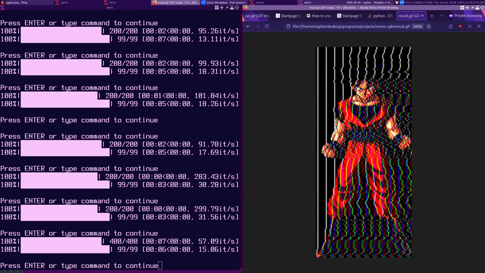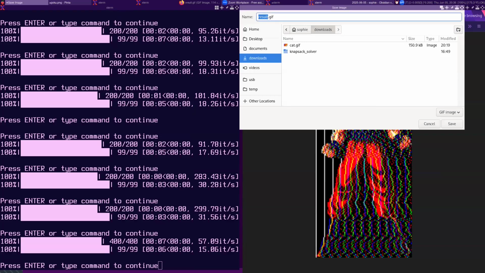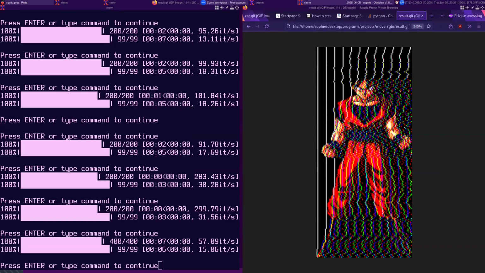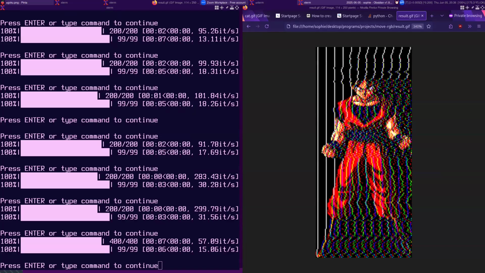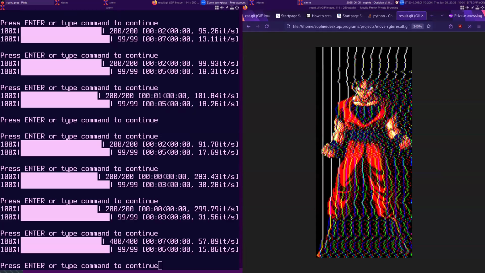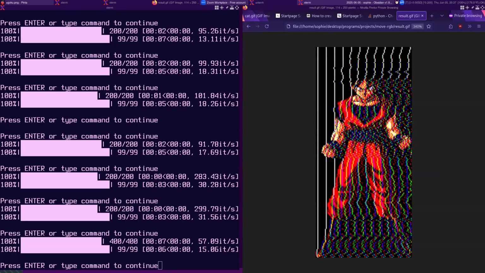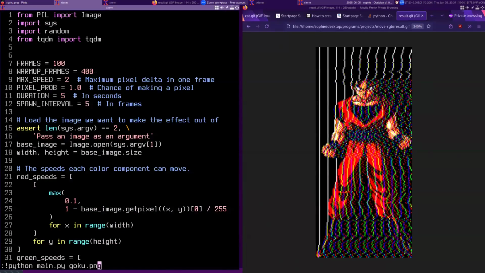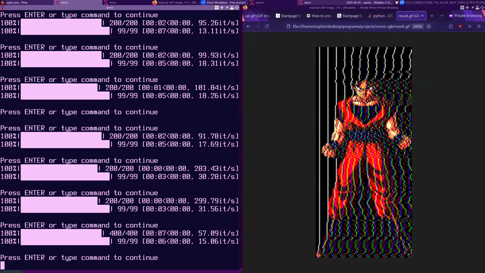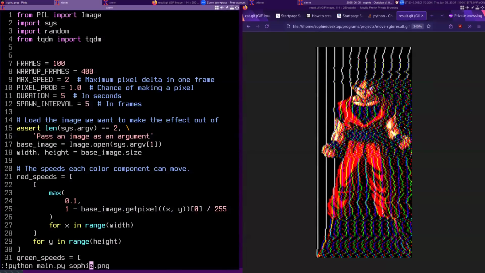Okay, so I'll save that as desktop programs, projects, move RGB. We're gonna make a new image called Goku.gif. Okay, so if we were to do the same thing for this Sophie image,